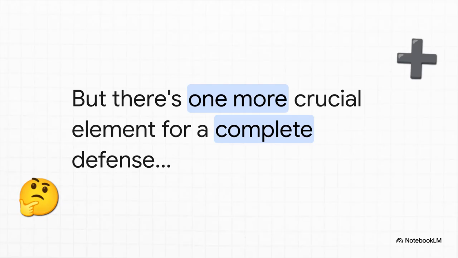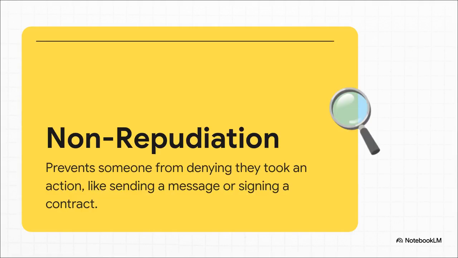Okay, so we've got our three core pillars of defense. But is that really the whole story? In our modern digital world, it's not quite enough. There's one more piece to this puzzle, a fourth element that's become absolutely critical, especially when it comes to accountability. And that element is called non-repudiation. This is a really powerful idea. Basically, it's about creating undeniable proof that you did something. So with non-repudiation, you can't say approve a massive bank transfer and then turn around and claim, nope, wasn't me. The proof that it was you is baked right into the system.